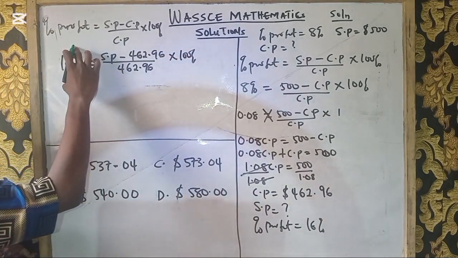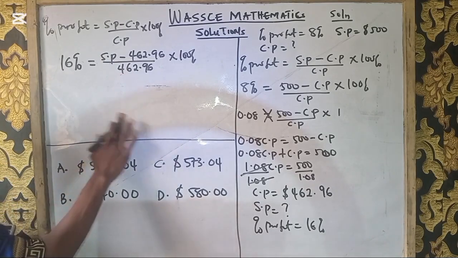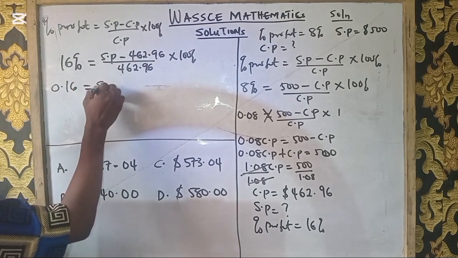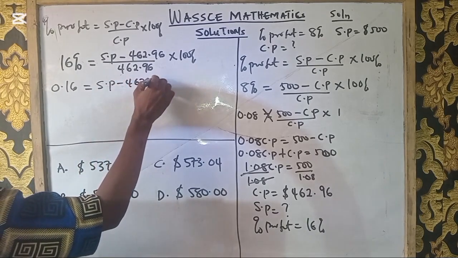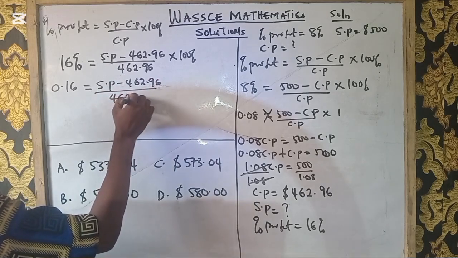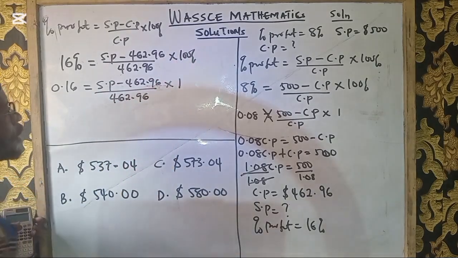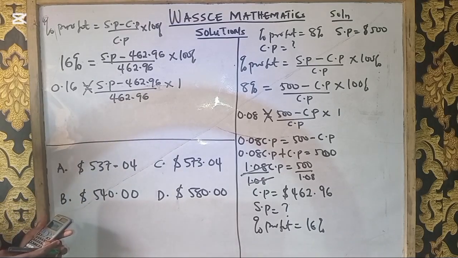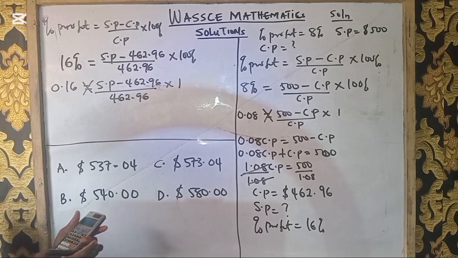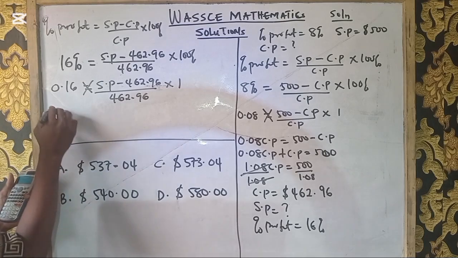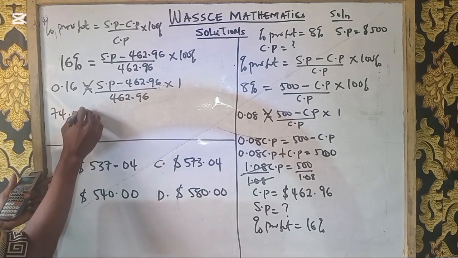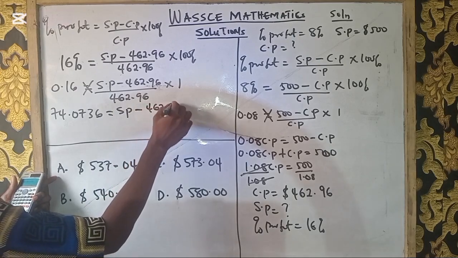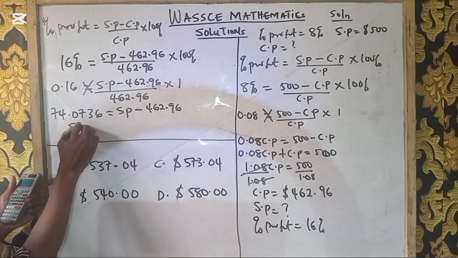If I change this also to a decimal, this 16% is 0.16, equals selling price minus 462.96 all over 462.96 times 1, because 100% is the same thing as 1. Cross multiply. We are going to have 462.96 times 0.16, so you multiply these two together. So we have 74.0736 equals selling price minus 462.96. When you collect like terms, selling price will be equal to